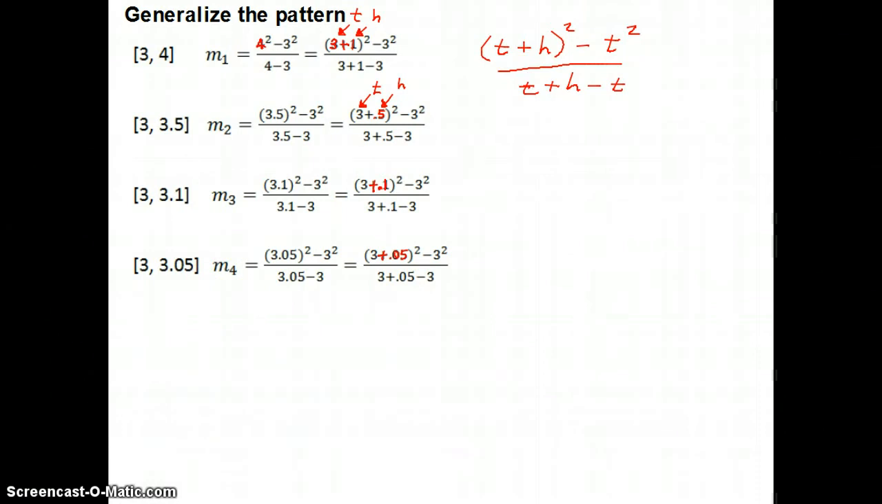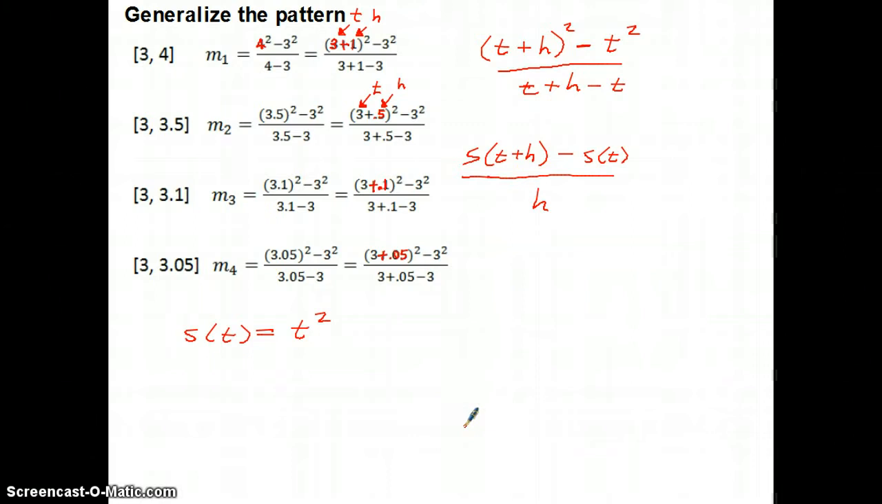Okay, let's generalize even further. We know that the function is s of t equals t squared. So I could say that in place of t squared, I could say a minus s of t instead. And in this spot here, we could say that spot corresponds to s of t plus h. And down below here we have the t minus t, so we could just write an h down